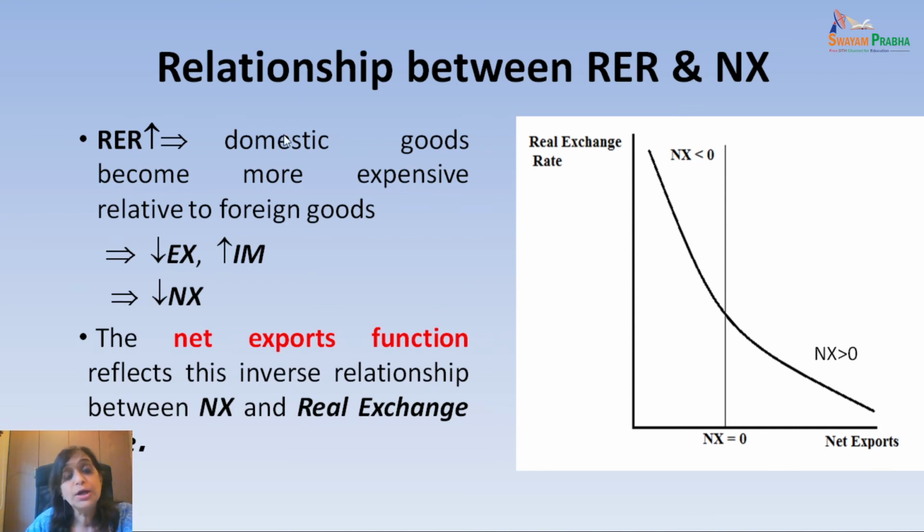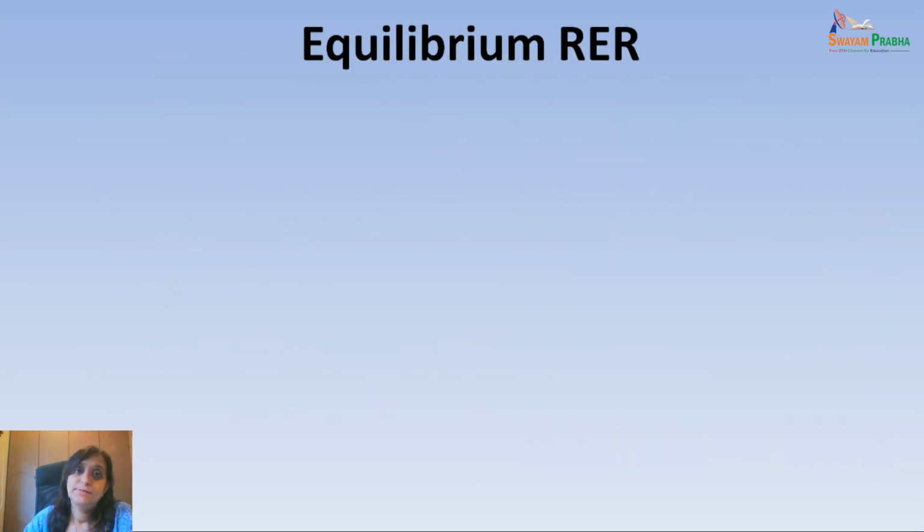Till now, we were talking about the relationship between net exports and exchange rates. If you remember, in the previous lecture, we had given an equation of net exports equal to net capital outflow, that is, net exports is equal to savings minus investment. Now, in order to find the equilibrium real exchange rate, we will be using that equation, and it will solve a lot of questions which we had left unanswered in the previous lecture.